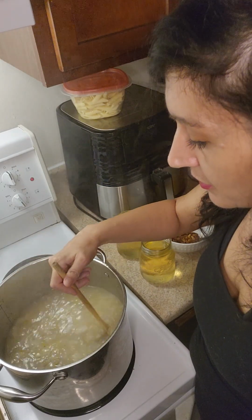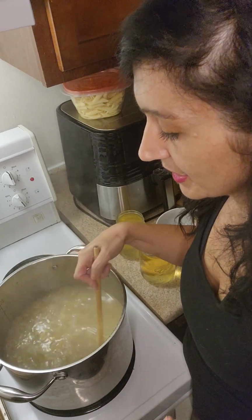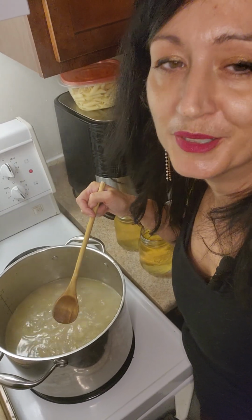And something I was concerned about was my soup turning into a stew. I did add more water to it, more salt, pepper, and more butter. I know I'm going to need to add more salt, but I'm just going to hold off on that because, like I said, when I put fresh salt, it really complements the soup. So when I serve it, I'll make that decision, executive decision at that time, just like us cooks do, because